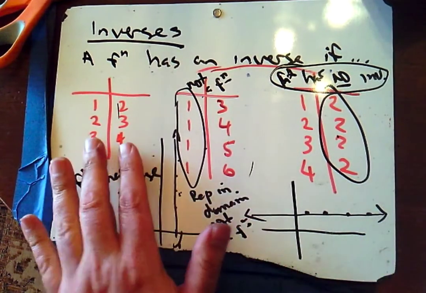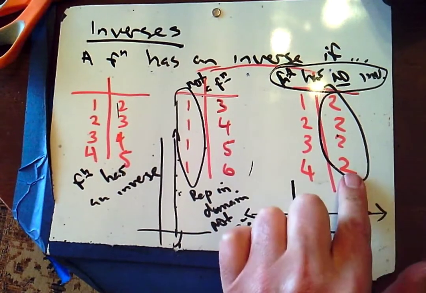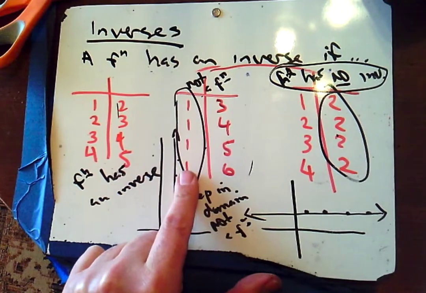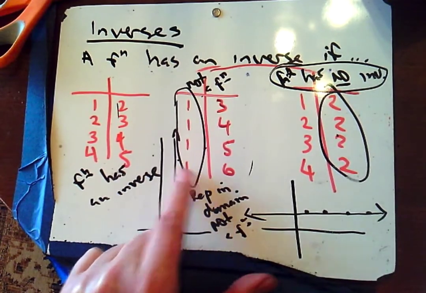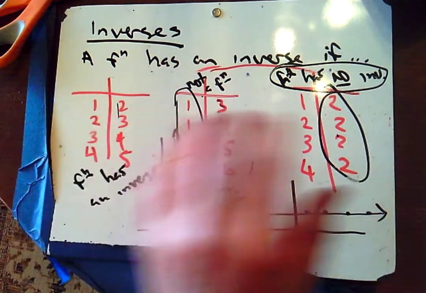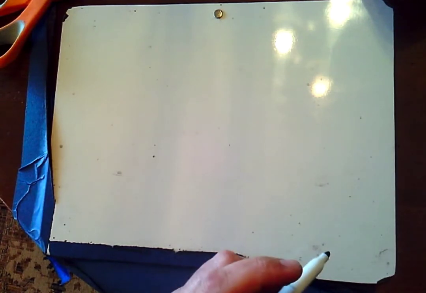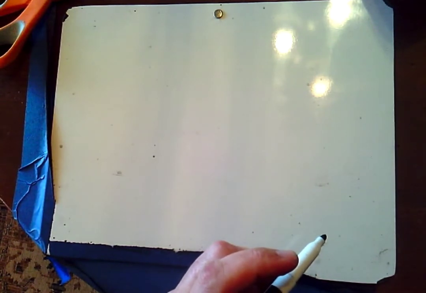Okay, and then we looked at tables and said if we see repetition in the range, that's not going to have an inverse. Repetition in the domain, that's not even a function. And so we're looking for no repetition in the domain or range. You know, we can talk about the rule of 4 here. We've looked at graphically, we've looked at numerically through a table. Let's also consider